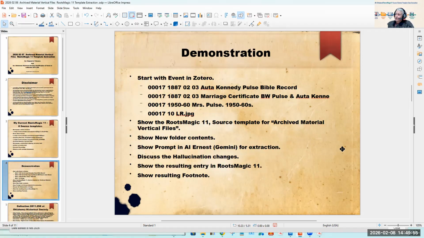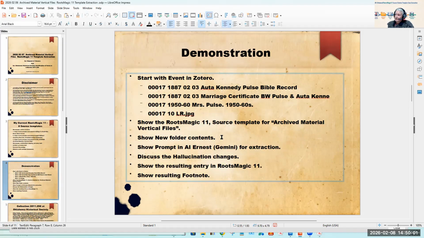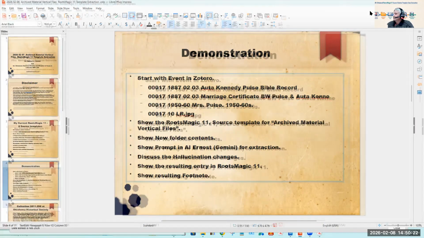Then I'll show you the source template, archival vertical files, and the new folder contents, and then show how Ernest is prompted, and discuss the hallucinations that it does. And it does quite a bit today on this presentation. Then I'll show the resulting footnote. Okay, I'm going to put that over to the side so I can remember what I said I was going to do.